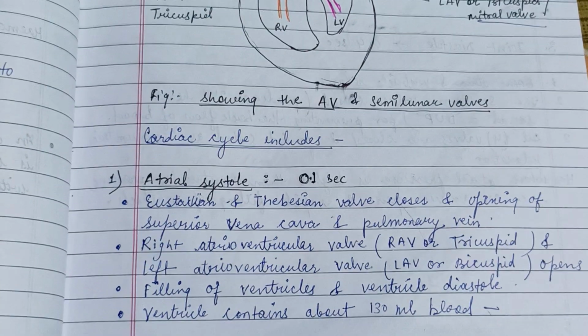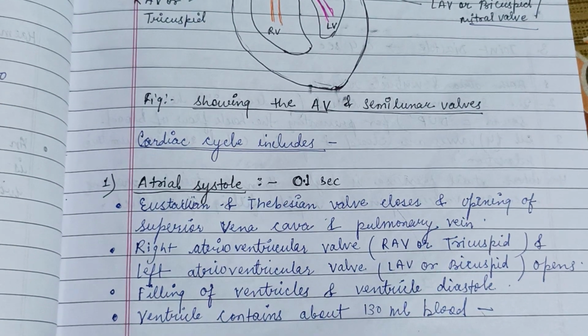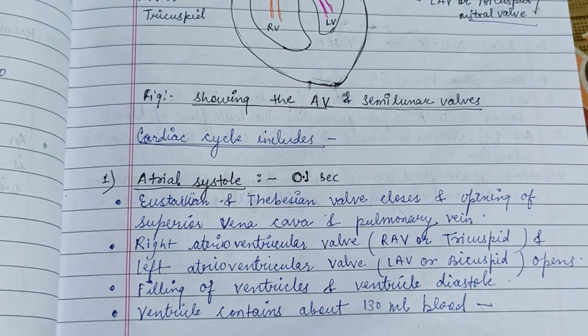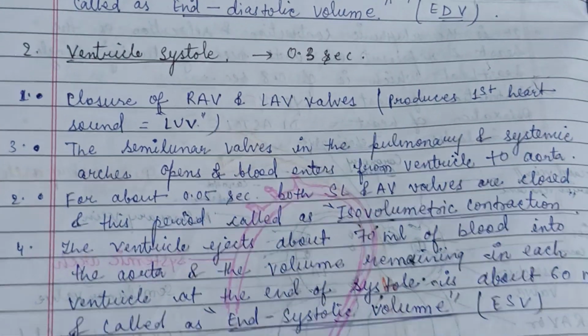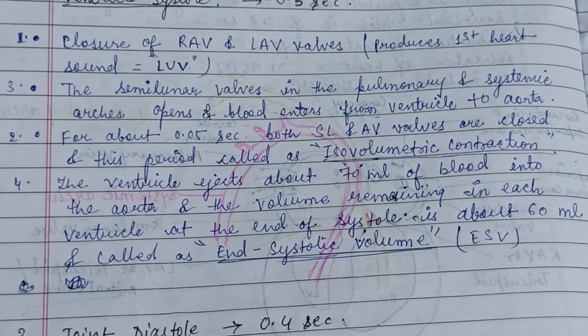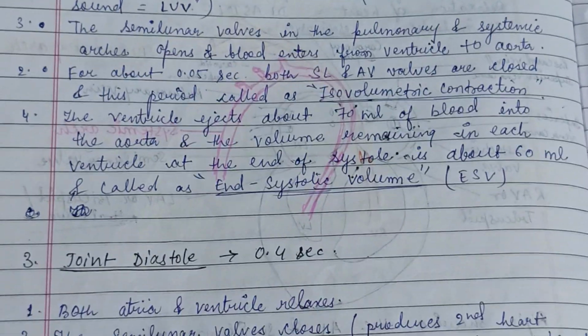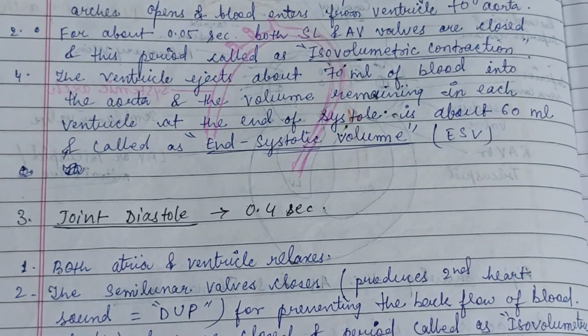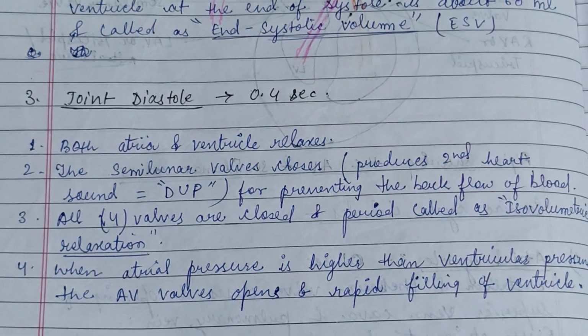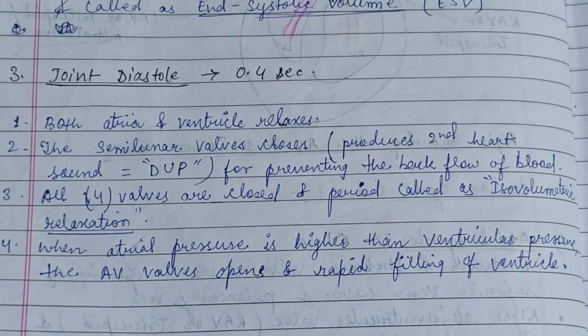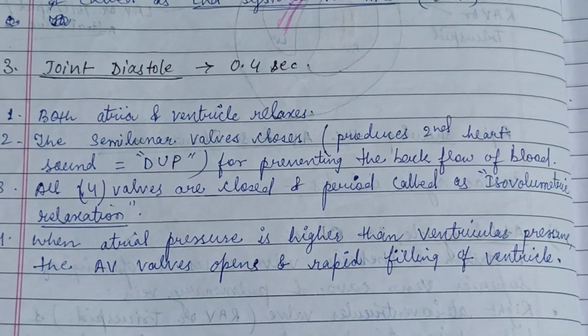So the cardiac cycle includes three steps. The first one is the atrial systole, which is 0.1 second. Then the ventricular systole, which is 0.3 second, in which the lub sound appears, with isovolumetric contraction and the end systolic volume. The third one is the joint diastole, in which both atria and ventricles relax,